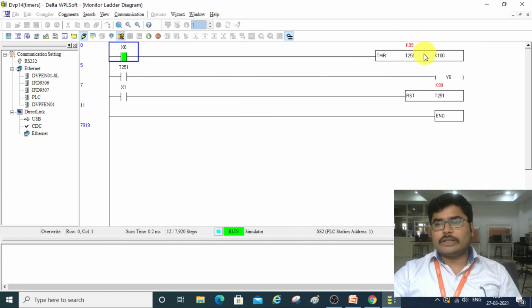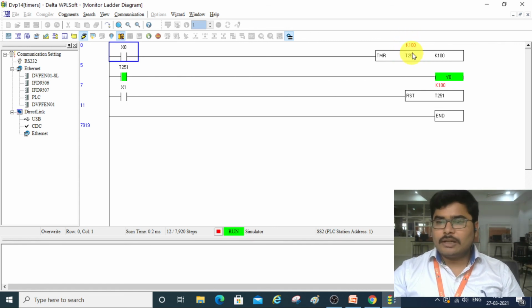Whenever these two are equal, T251 will be energized. When T251 is energized, your bulb will glow. Now this X0 is off. Even then, this T251 count value stays at 100. Why? Because it is an accumulative timer. It retains its value always. So this bulb will always be on as long as T251 is in energized mode.